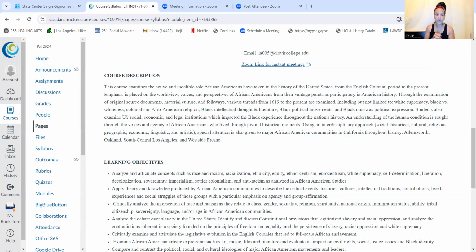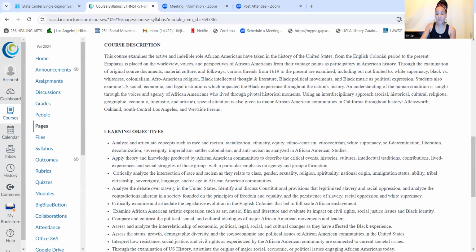And then, of course, we definitely go into some things that are specific to California, specific to Los Angeles. I think at one point we get into the Watts Rebellion. And so this is a really cool course that hopefully gives you an opportunity to not just explore what's happening for African-American people throughout history, but at one point in our class, you're actually encouraged to get out into your community and engage with our community to get a further understanding of what life is like for African people, okay?